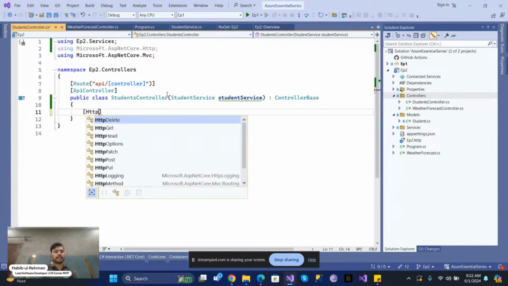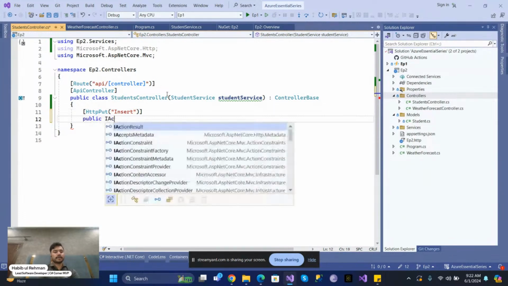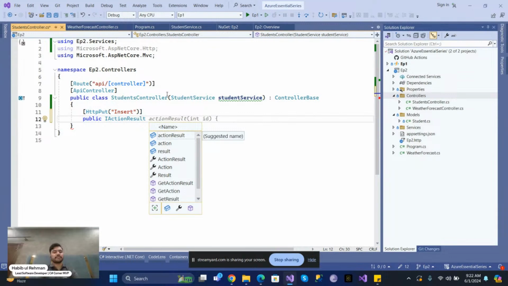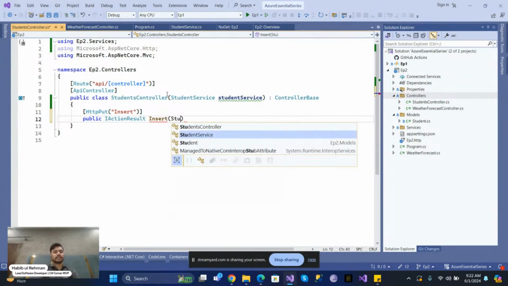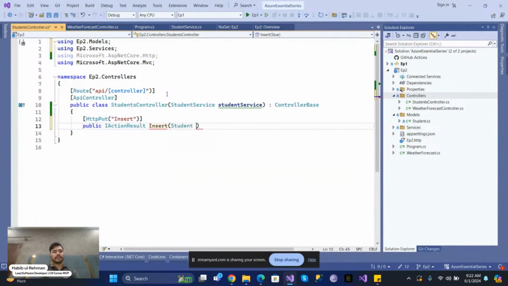Okay, now create an HTTP put method, and this method will be inserting a new student. Now create a new action, and this action name will be insert. It will get student as a body. I will say it request,